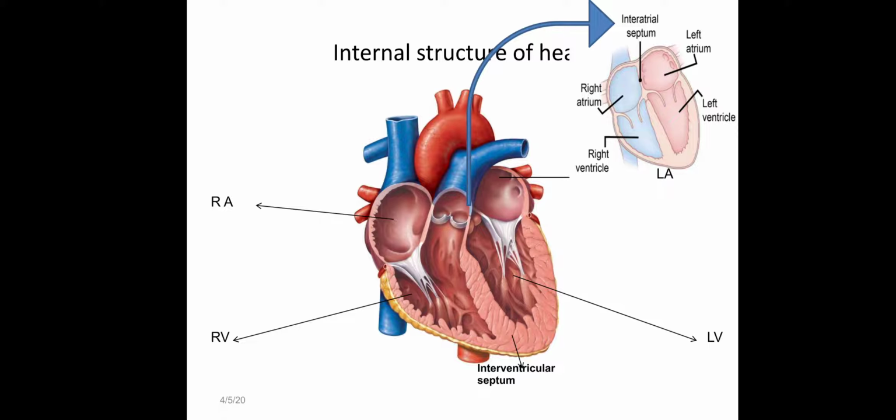Together, these two septums are called the interatrioventricular septum. The interatrioventricular septum separates the right side of your heart from the left side of your heart. What is the utility of this septum? This septum marks the boundary between the two different parts of the heart and does not allow the blood to mix. It doesn't allow oxygenated blood to mix with the deoxygenated blood and makes our circulatory system very, very efficient.